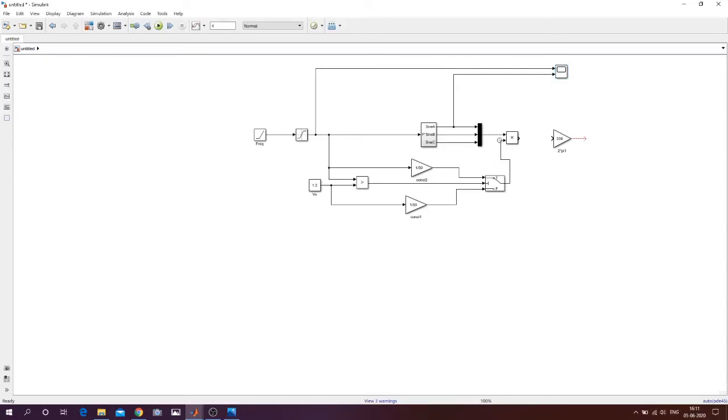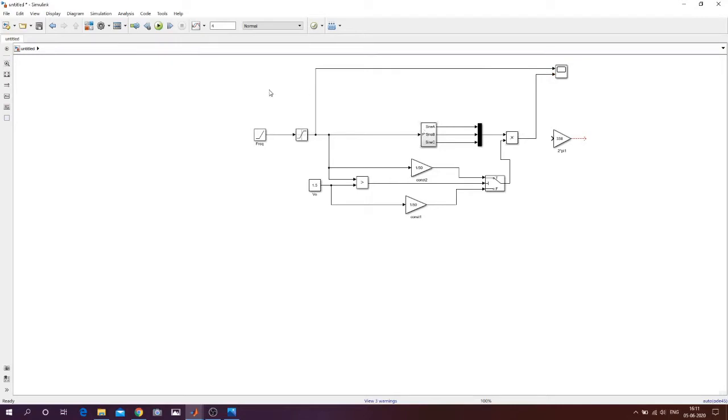This is 1, so we will multiply it with this part. What is this part? This signal is a ramp signal, at which the frequency is increasing. So this signal is to be multiplied over here. This is the gain 1 by 50, 1 by 50. Why? Because we have reduced this one so that it always remains within 1, right? So this is actually the frequency, and this is the amplitude.